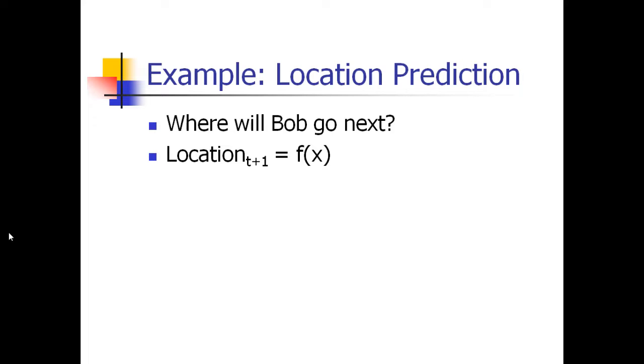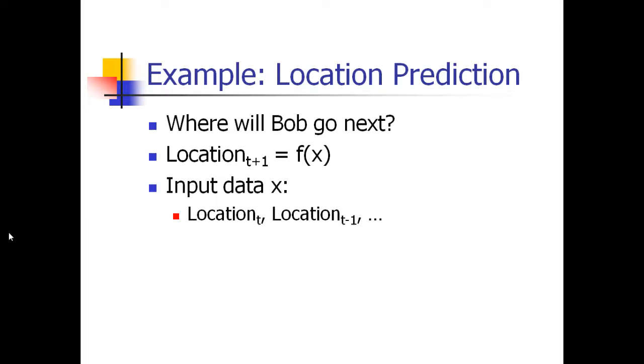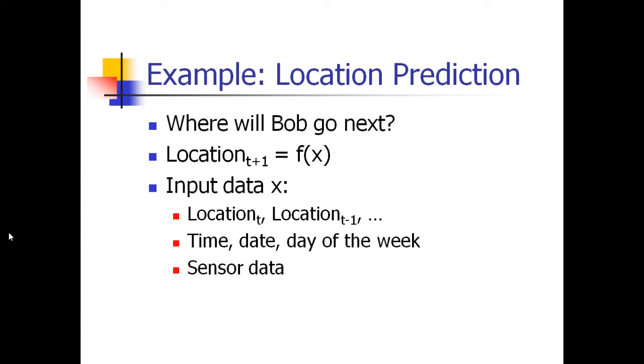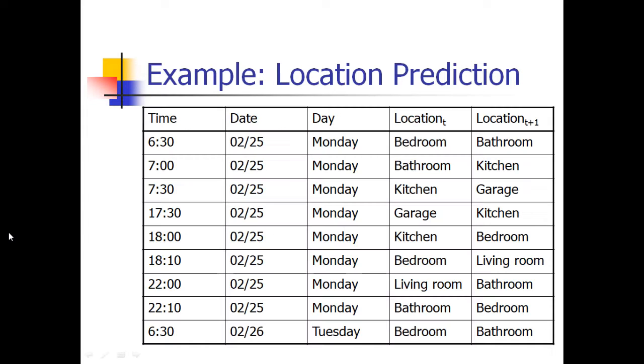So it is t plus 1, which equals f of x, where the input data is x, that is the newly given data. Location t: I have told you the location we have in the current position will be t. If you are going for the next position, that is t plus 1. If you go for the last position, that will be t minus 1. That is time, date, day, the week. So by using these, input data can be calculated, and it can also be taken from sensors, like cameras, or how he is doing, like these things can be done.